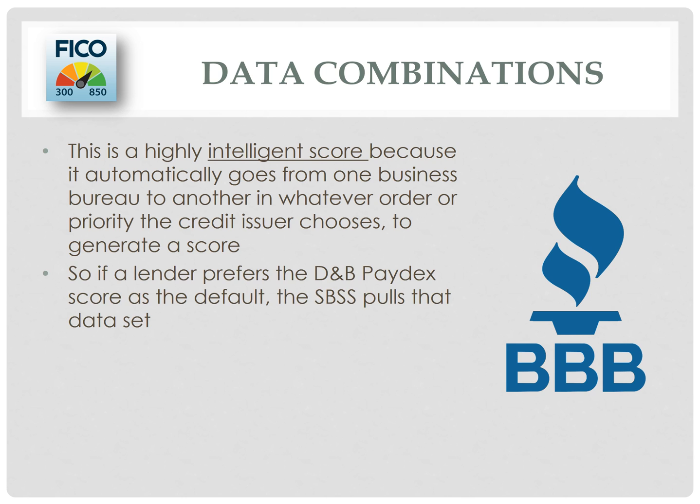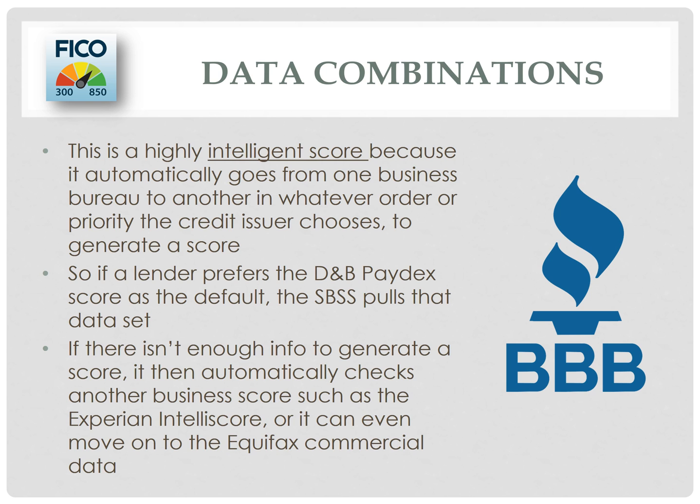So if a lender prefers the D&B Paydex score as the default, the SBSS pulls that data set. If there isn't enough info to generate a score, it then automatically checks another business score, such as the Experian Intellis score, or it can even move on to the